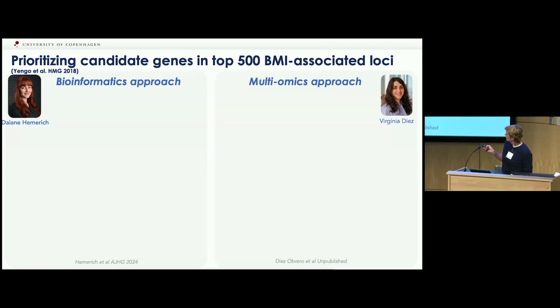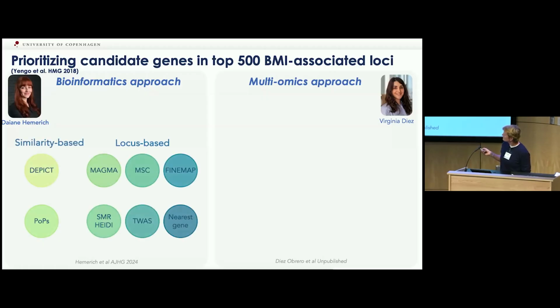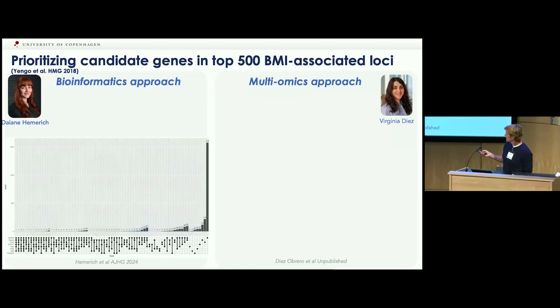So Diane used, I think, about 8 approaches that were available at the time that she was doing these analyses to do the gene prioritization. And then she counted how much the same gene was prioritized by the different approaches. Here, summarized in this upset plot, you see the different approaches that she considered for the gene prioritization. And you see that 86 genes were prioritized by 4 approaches, and it could be any combination, 34 genes by 5, and 6 genes by 6.